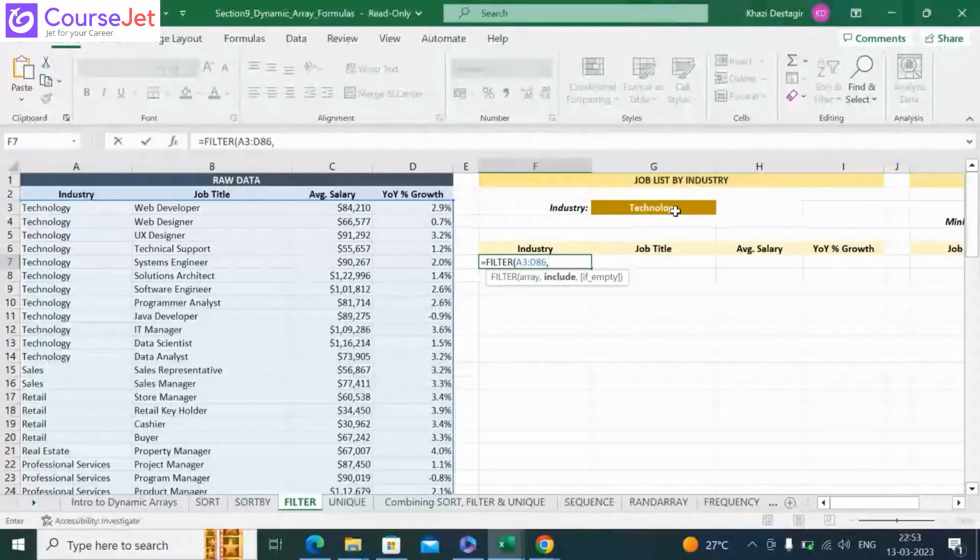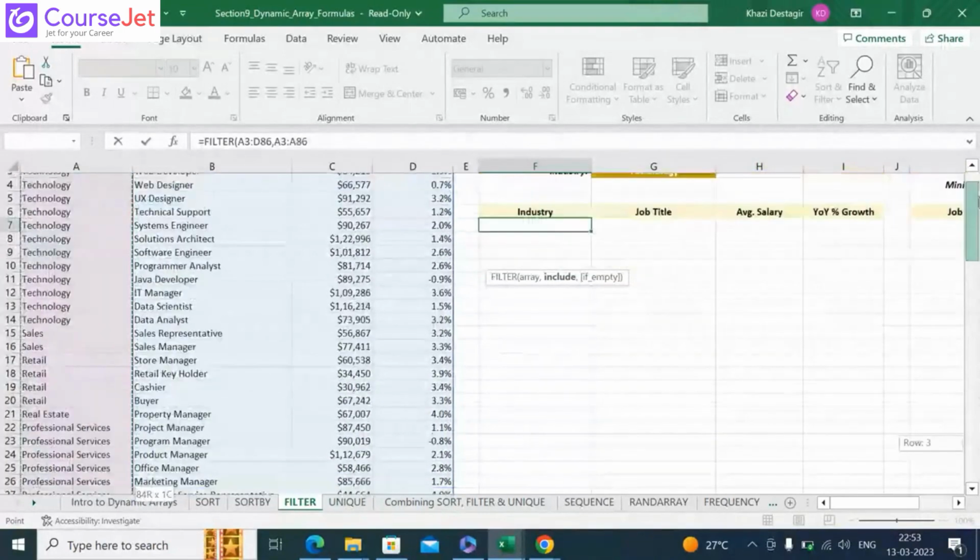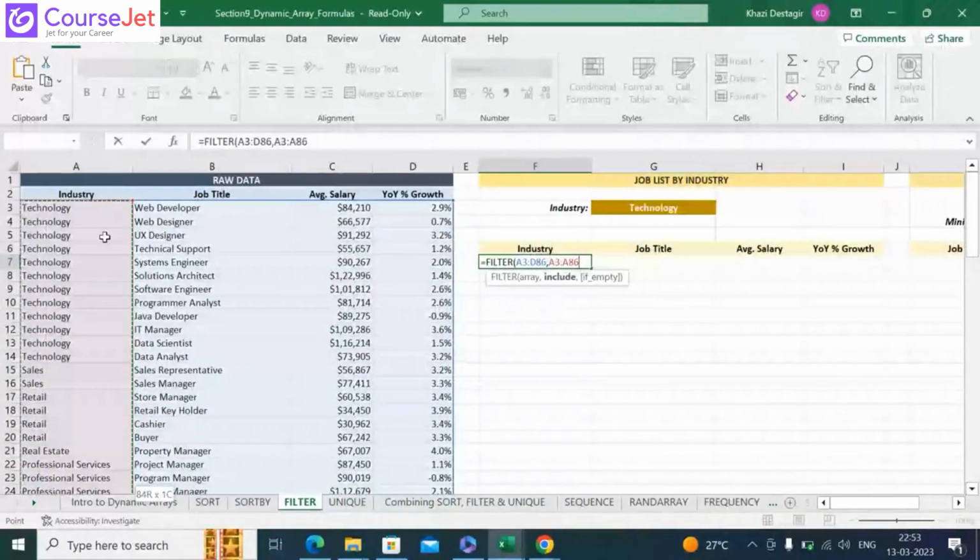To tell Excel to do that, we select the industries in A3 through A86. If the values in this column are equal to